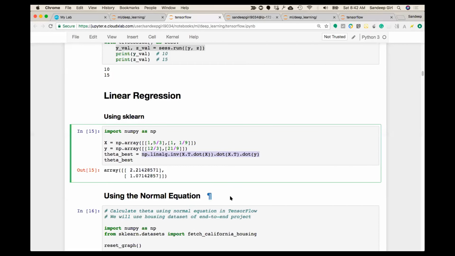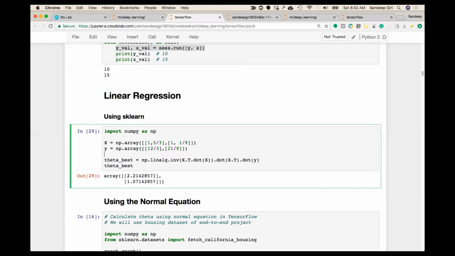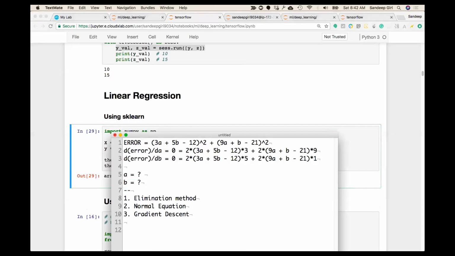Most of these solutions work well if the first column is 1. Okay, you will see that soon. So you can see that using the normal equation, first we did this, then this, then this. To make it even simpler, I'll just try to see